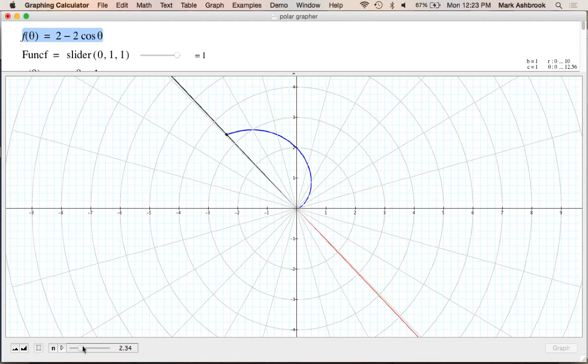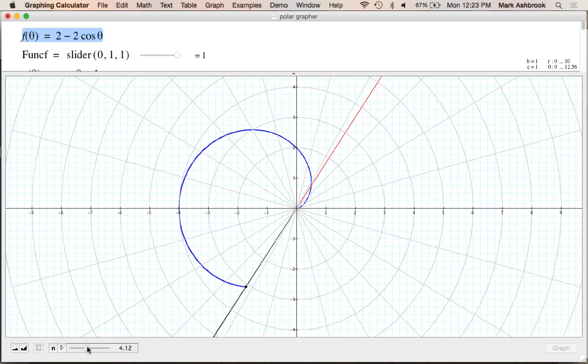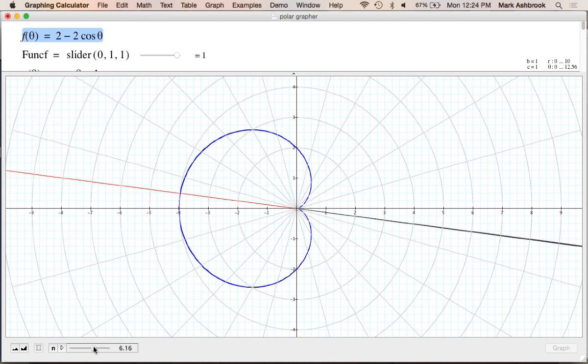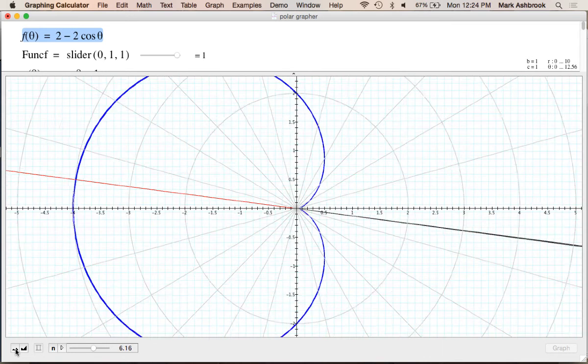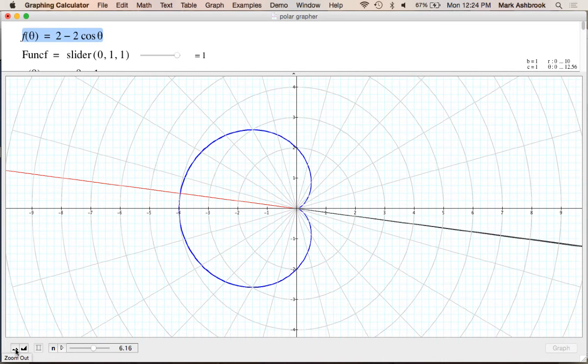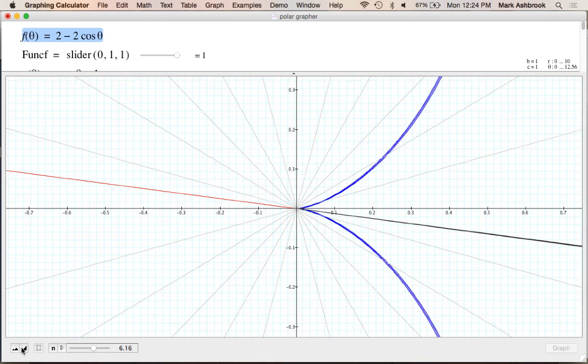Next one was at 4 pi over 3. Does it make sense that dy d theta is 0 at 4 pi over 3? For a small change in theta, the change in y is 0. Lastly, 2 pi coming in when we hit 2 pi. So let's zoom in, because from that view it doesn't really look like it. It kind of looks like it's coming in at a 45 or some kind of oblique angle, right? But if we zoom in, we should see that at 0,